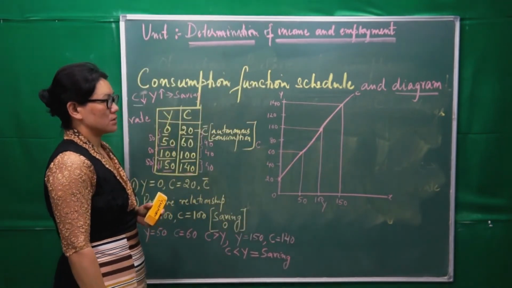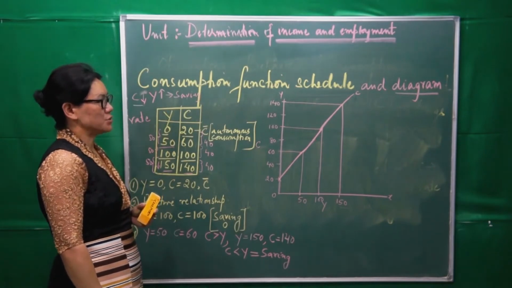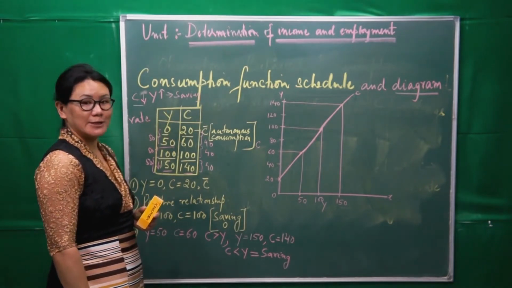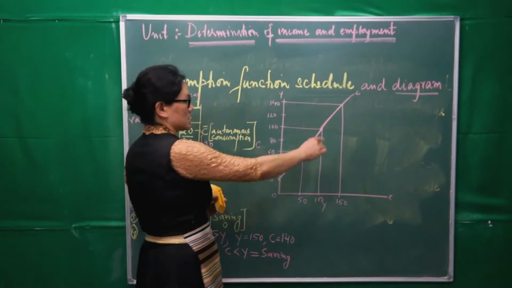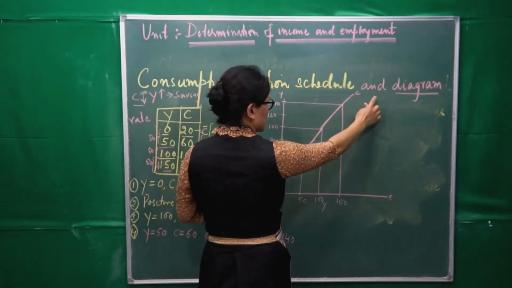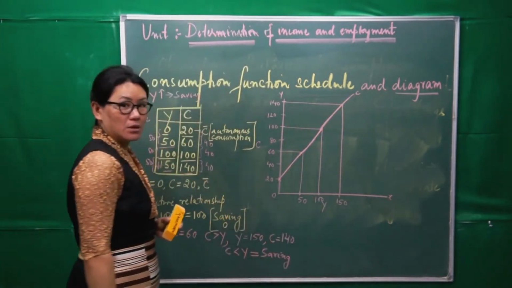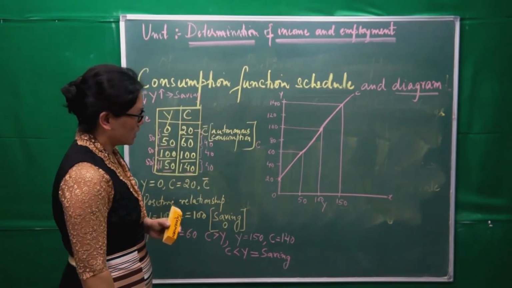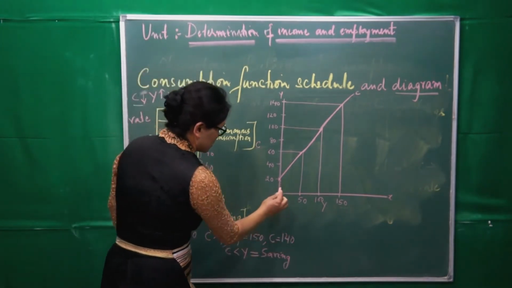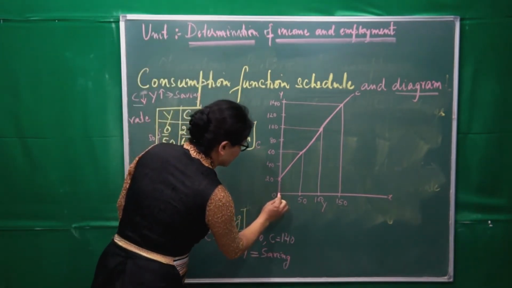So we are getting a consumption curve like this. Okay, so this is the C consumption curve. All right. Okay. So now I will draw here